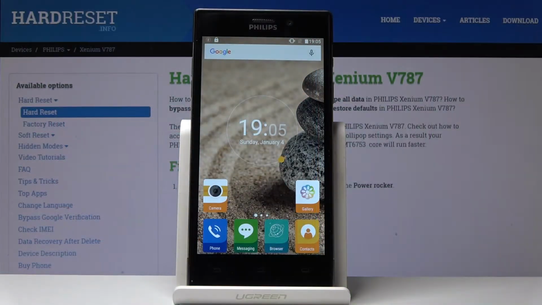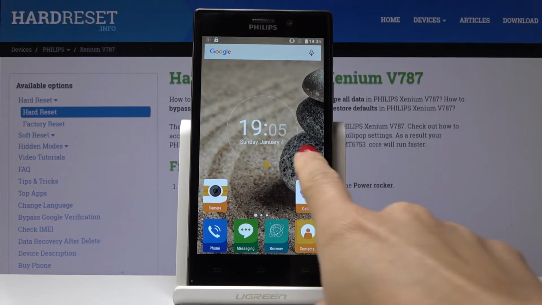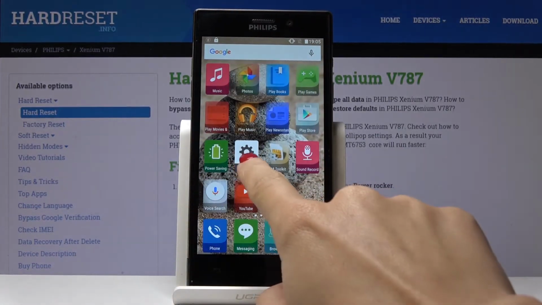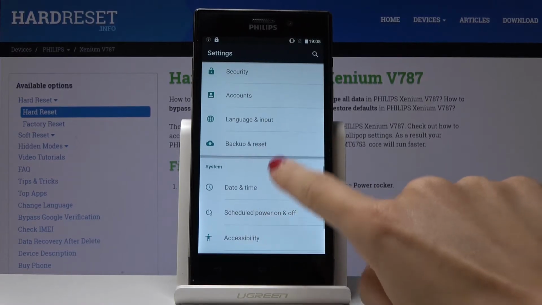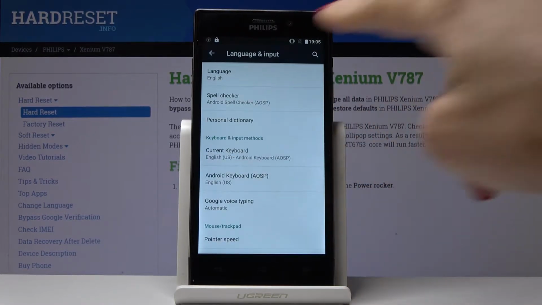Here I've got Philips Xenium V787 and let me show you how to change language on the following device. So at first let's find and select the settings. Here they are. Now scroll down, find and pick language and input, and now go to the first tab, which